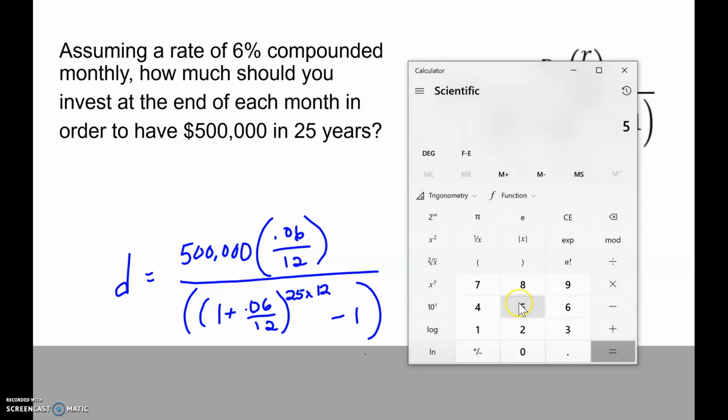So let's try the calculator one more time here. 500,000 times, parentheses, 0.06 divided by 12, close that, divide, and now parentheses, don't forget, we have to have two of them there, 1 plus 0.06 divided by 12, close that, and raise to, now 25 times 12, I might not know that one off the top of my head, so that's okay. I'm just going to put a parenthesis here to start my exponent, 25 times 12 inside that parenthesis, close it. So now the calculator will do that first, comes up with 300, and knows to use that as the exponent. And then we still have minus 1, and close the parenthesis on the bottom, hit equals, and I'm coming up with